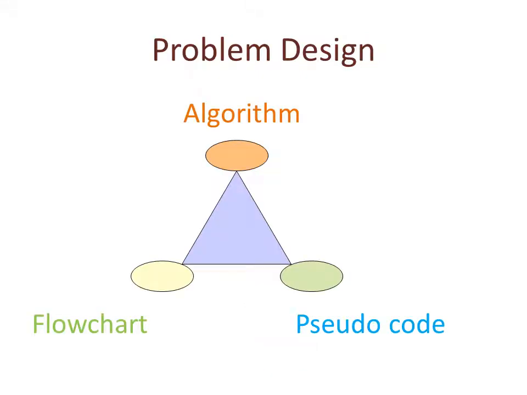After completing the problem analysis, we can enter into the problem design stage. It is a general approach for solving the given problem algorithmically. For this, we can use flowchart and pseudocode. Flowchart is the graphical representation of the algorithm, and pseudocode is the false code or imitation code which is used to represent the algorithm in a short manner.